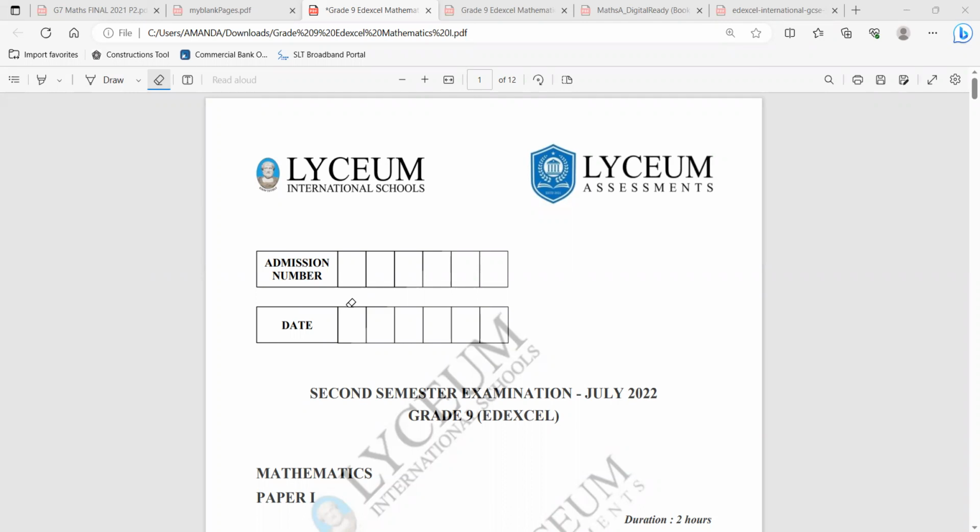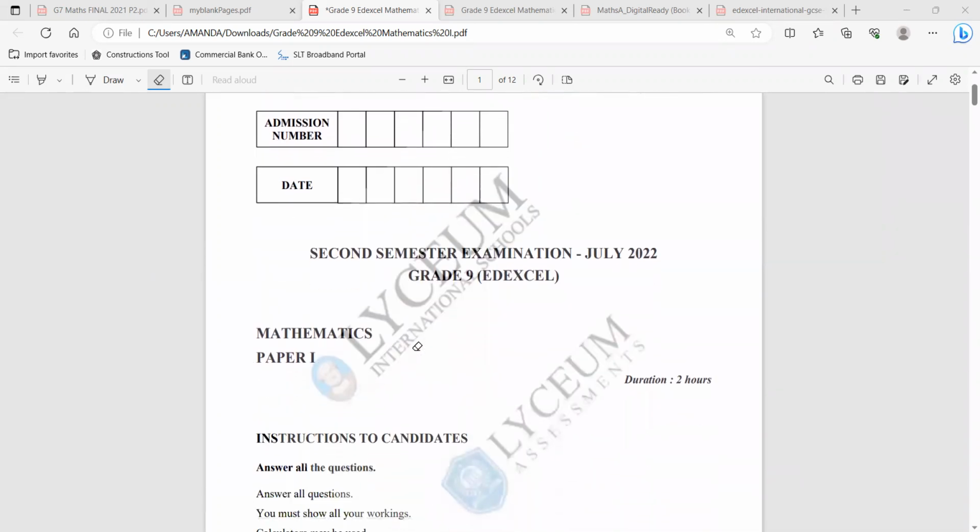Okay, hi everyone. So I'm going to do Lyceum second semester, July 2022, grade 9 Edexcel Mathematics, part 1 paper. Right, I'm doing this for a few of my students, so I thought of sharing it with others as well,